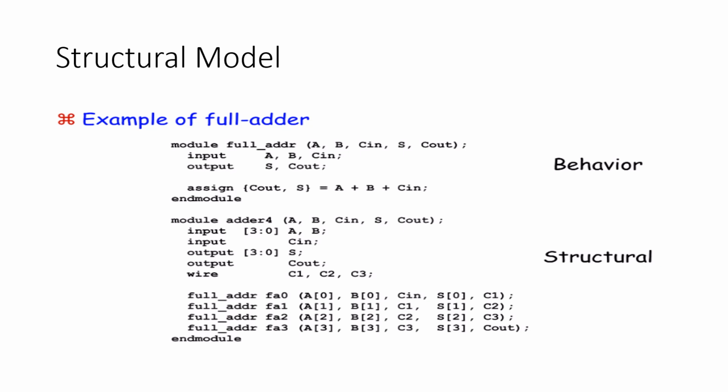The module name is adder 4. Within the brackets we have defined all the inputs as well as the outputs of the full adder. The wires we have taken as C1, C2 and C3, and we have considered FA0, FA1, FA2 and FA3 here. Within the brackets we have initialized all the variables and ended with a